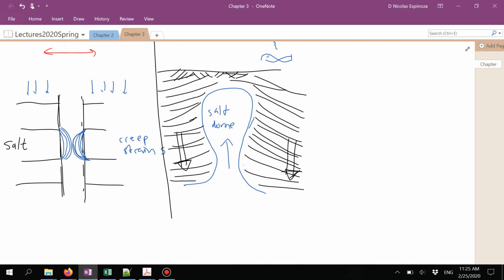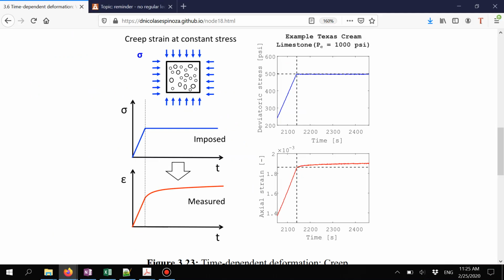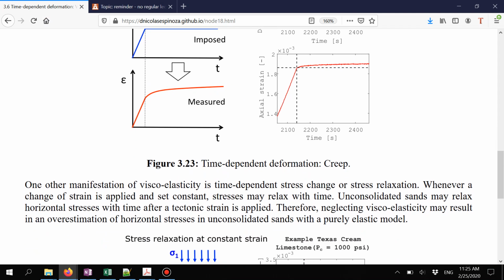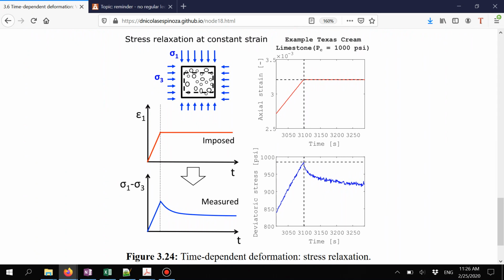All right. This is not the only phenomenon that we see related to viscoelasticity. In addition to this, we also see another type of expression of viscoelastic materials, which is sort of the opposite to what we see right now. And that's called stress relaxation. In stress relaxation, what we see is that if we apply now a certain strain to a rock and we keep that